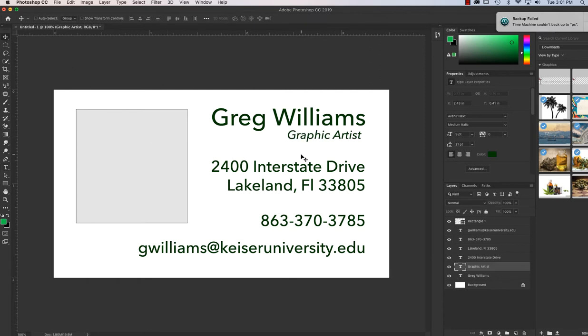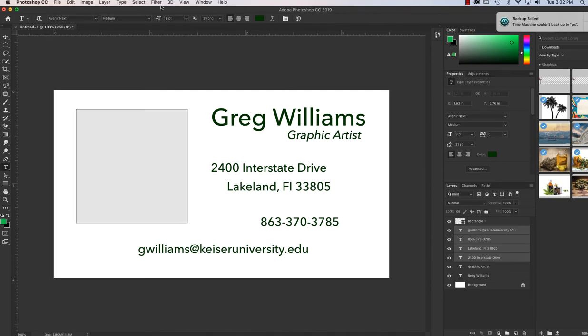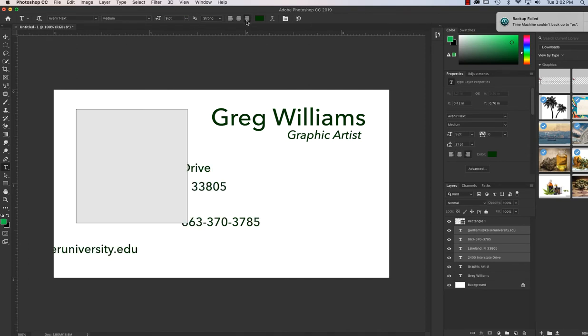So just as important as contrast is building some form of repetition to tie things together. At the moment, they're all Avenir Next, they're all black, a lot of different sizes. If I were to grab the address layer, the Lakeland layer, the phone number layer, and the email layer, grab my text tool, and change that to 9, and again bring them so they're all